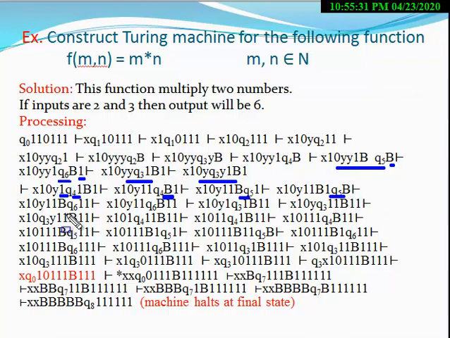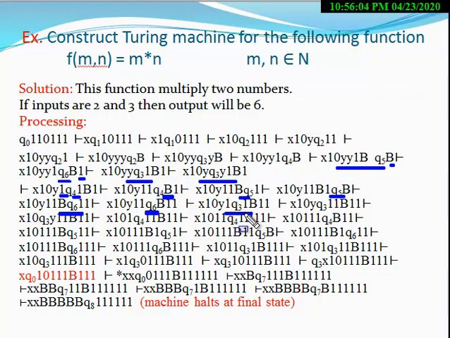The machine moves to the left and the state is also changed to Q6. At the state Q6, if 1 appears, the machine only moves in the left direction. So here 1 appears, the machine moves left, but here at the state Q6 a blank appears. As soon as the blank symbol appears at the state Q6, the machine moves in the left direction and also changes its state from Q6 to Q3.